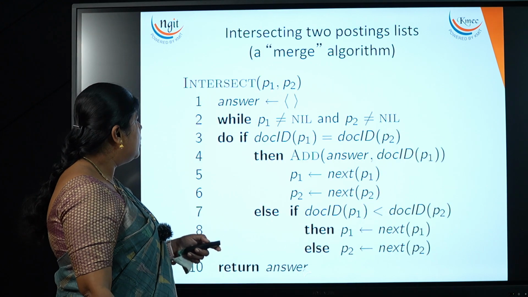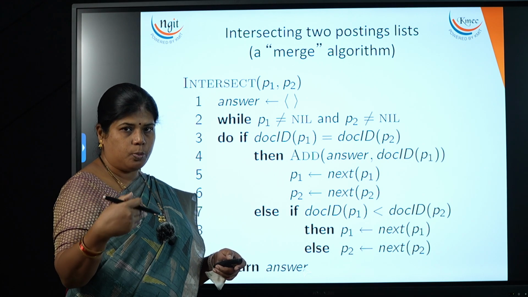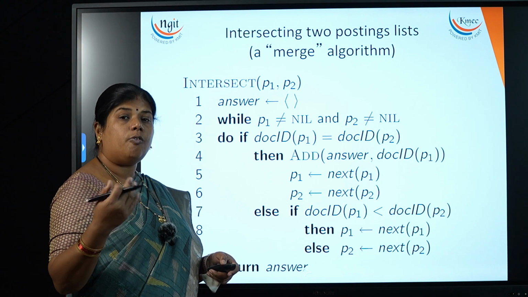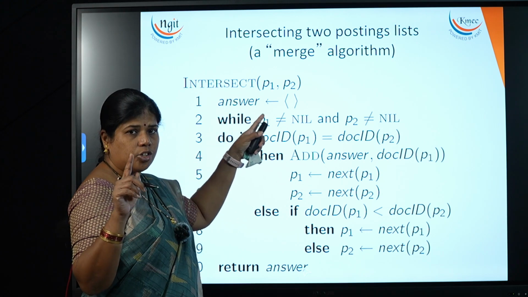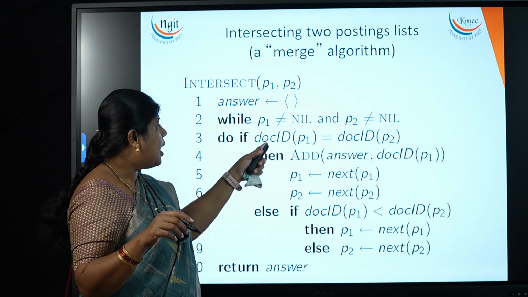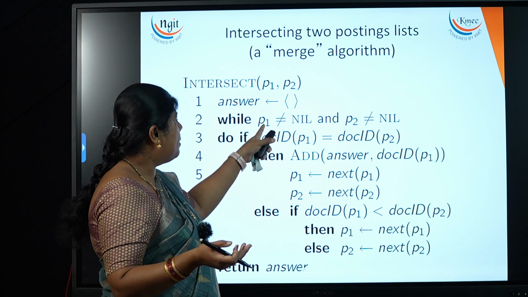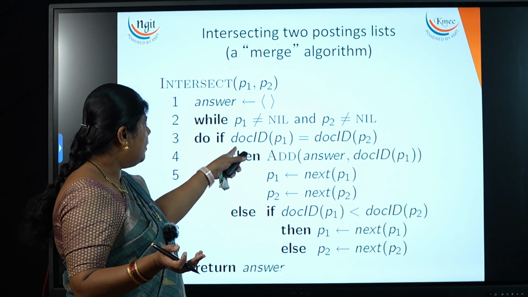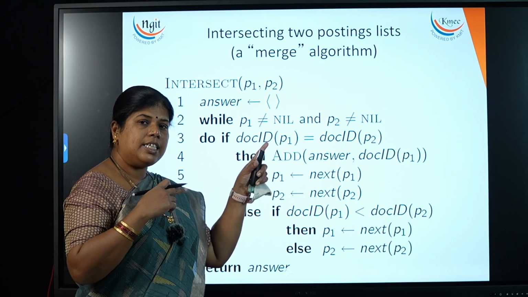Now how can I find out which document IDs are repeated in two postings? I want to find out the intersection of two postings to avoid duplicated retrieval. These postings are represented by P1 and P2. Now, I should find the intersection until what point? Until my P1 is not equal to null and P2 is not equal to null. Now here, if the document ID of P1 is equal to the document ID of P2,